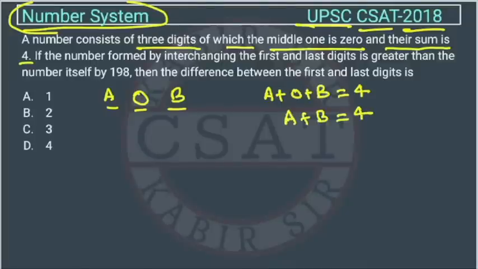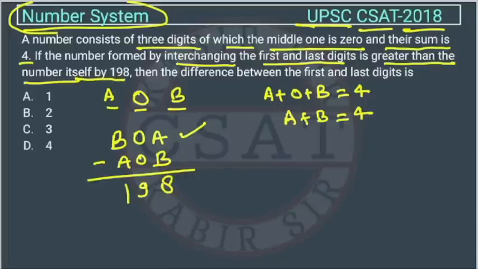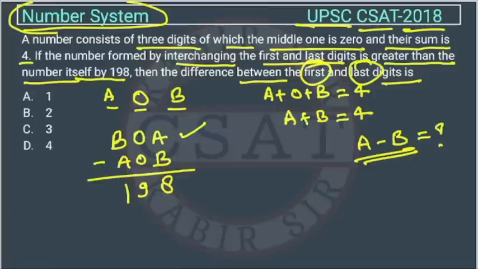Okay, if the number formed by interchanging the first and last digit, तो फर्स्ट एंड लास्ट डिजिट को चेंज कर दिया, सो द नंबर विल बिकम b0a इज ग्रेटर देन द नंबर इटसेल्फ। ये जो नया नंबर है ये पहले वाले से बड़ा है, ठीक है, यानी अगर हम इनको माइनस करते हैं, सो कितना बड़ा है, इटसेल्फ बाई 198, राइट, देन द डिफरेंस बिटवीन द फर्स्ट एंड लास्ट डिजिट इज, सो a माइनस b फर्स्ट एंड लास्ट डिजिट में कितना डिफरेंस होगा, राइट, वी हैव टू फाइंड दिस। ओके, देखो इस क्वेश्चन को बहुत तरीके से किया जा सकता है।